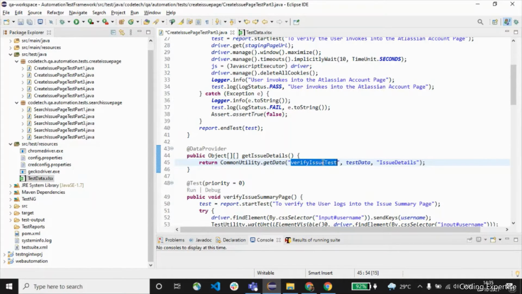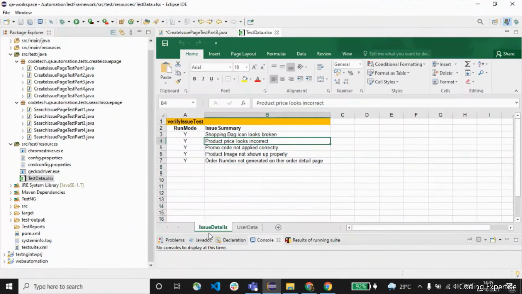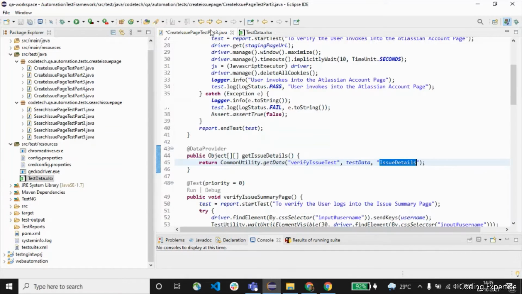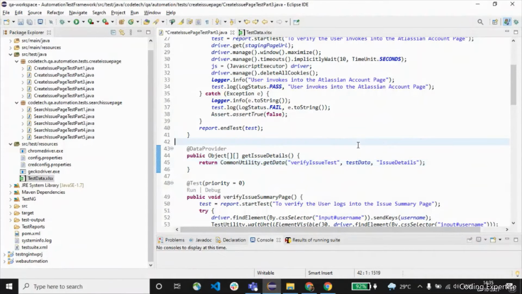This is the test case name, and this is the path of the Excel file, where we placed it inside src test resources. That is what is mentioned here. Issue details is the sheet name. This is the test case name I'm referring to here, and this is the sheet name. The path is defined inside this particular value.